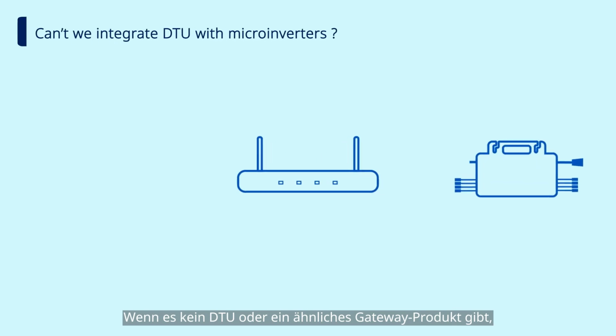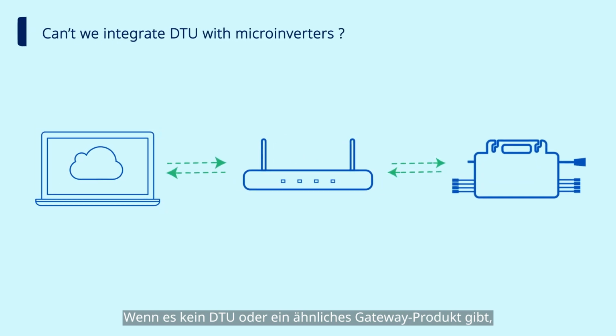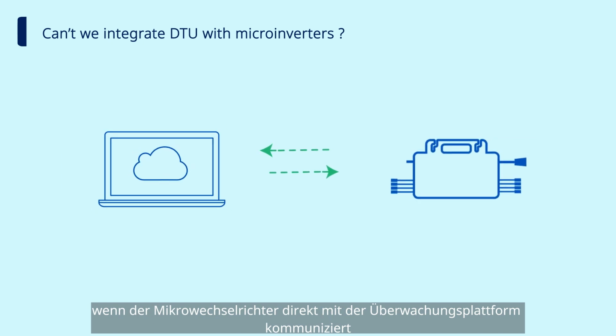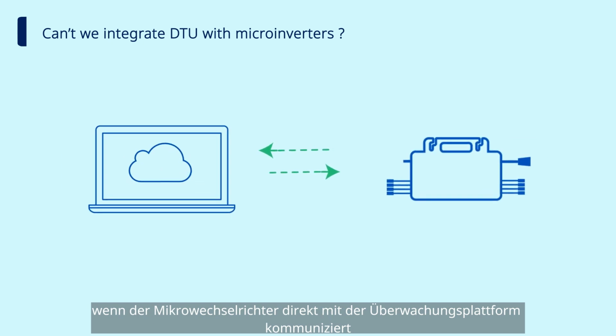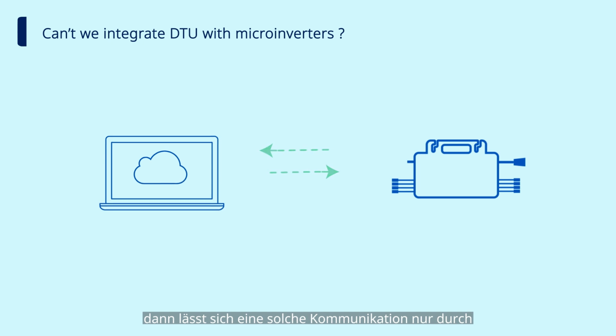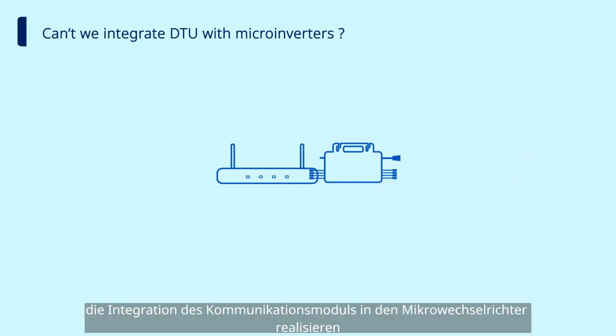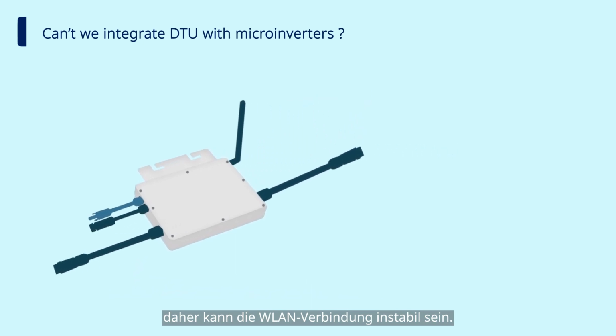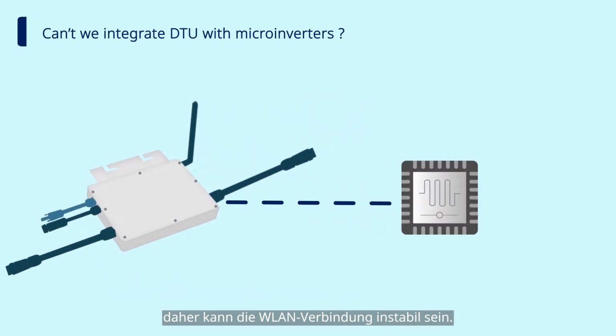If there is no such thing as a DTU or similar gateway product, that is, if the microinverter communicates directly with the monitoring platform, then the only way to realize such communication would be to integrate the communication module into the microinverter. Microinverters with a built-in Wi-Fi communication module have poor communication with the router, so the Wi-Fi connection can be unstable,